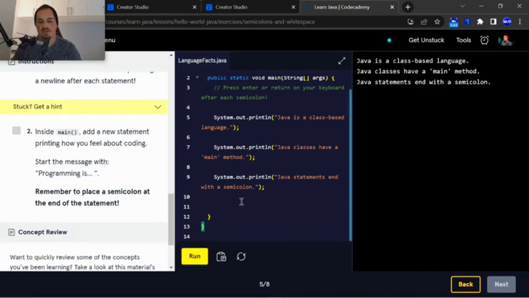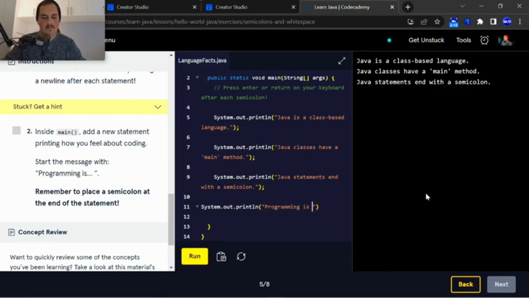Okay, so number 2, inside main, add a new statement printing how you feel about coding. Start the message with programming is. Okay, so we're going to start off in line. So programming is a great